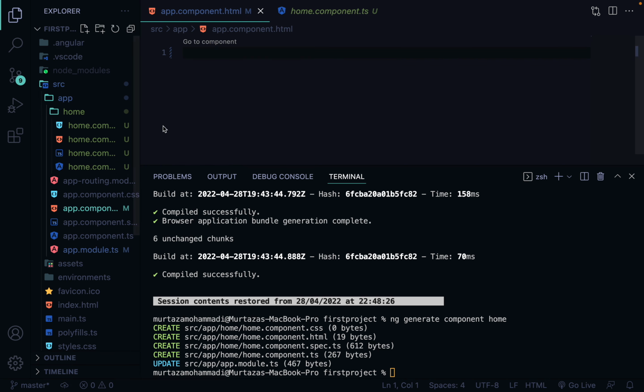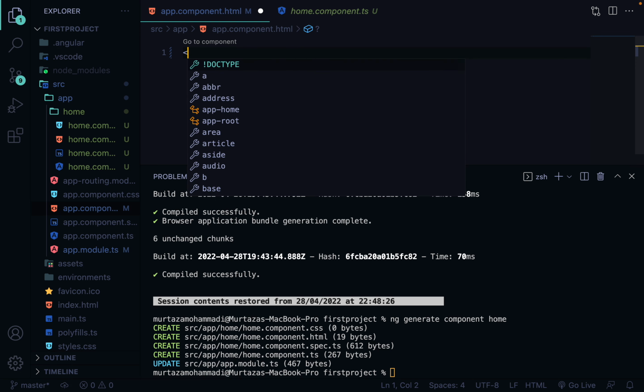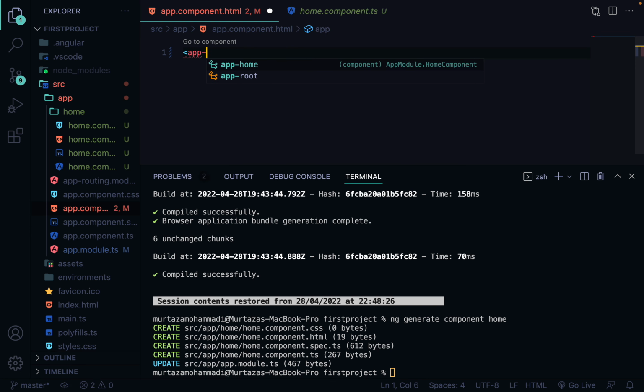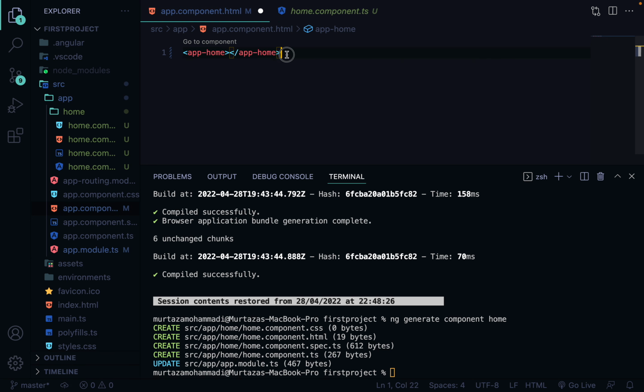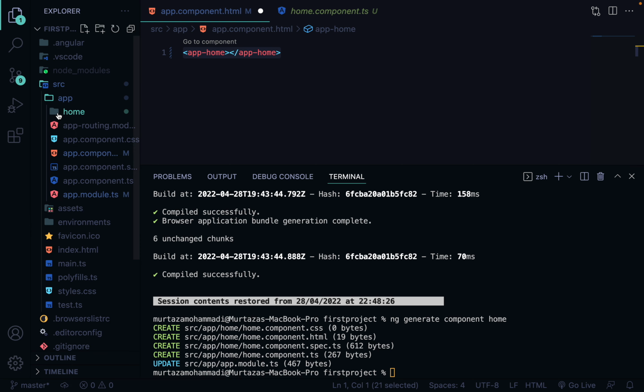Open your app.component.html, and here we can use it like this: <app-home>. That's how you can use a component inside another component,